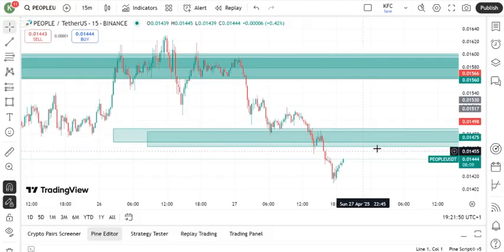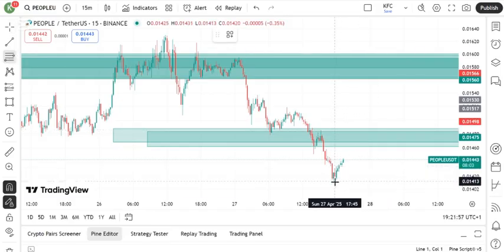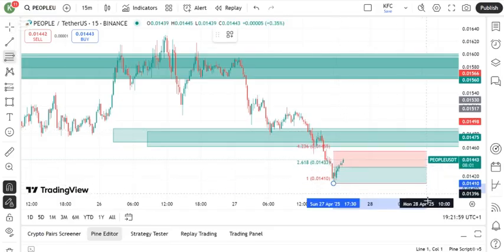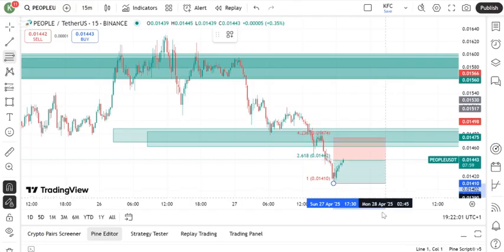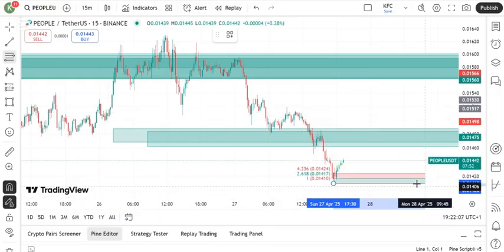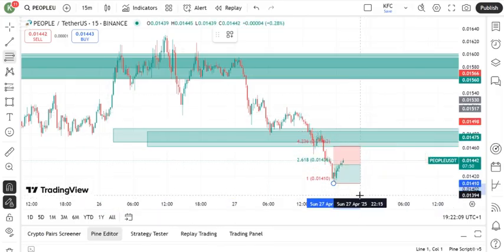So this is a liquidity side, and for me, I'm thinking that if you take the Fibonacci tool, you pick price from this point to the next point, we can possibly see a sell entry, sorry, on PEPE USDT. Let's just do this quickly. So if you put this here